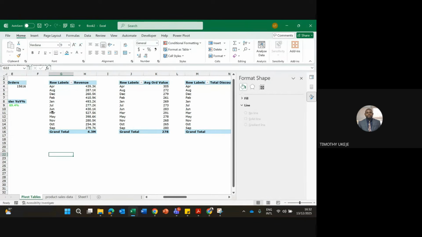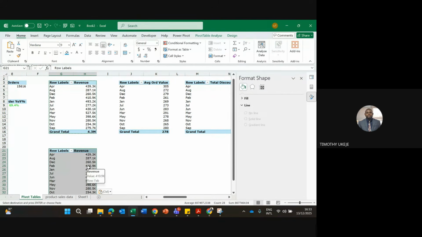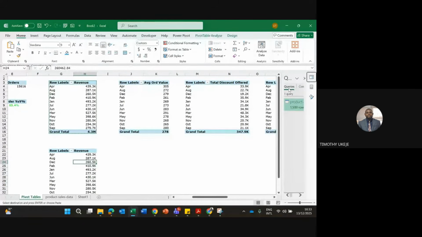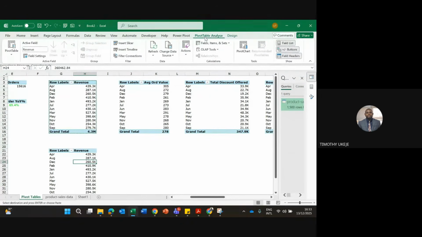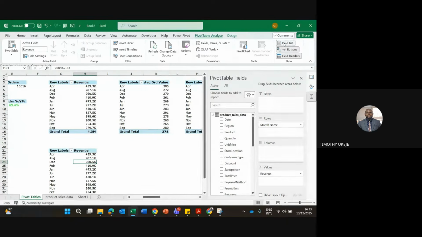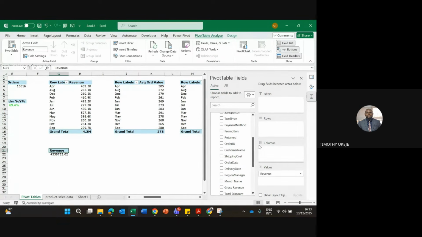I can just quickly go to visualization. For this, first we need the data on